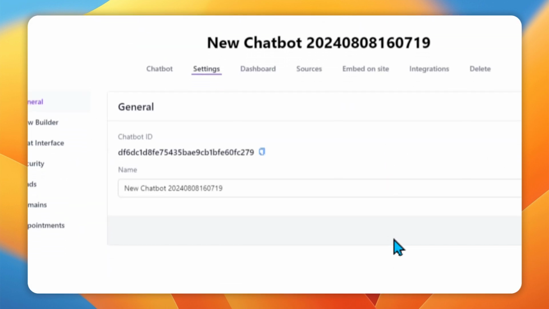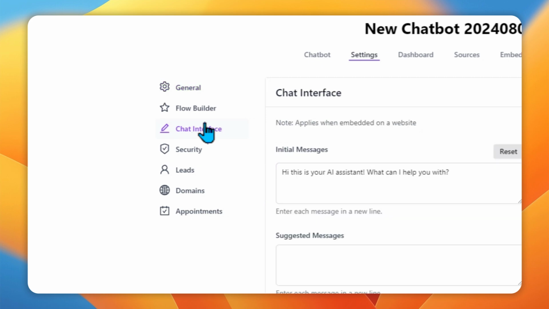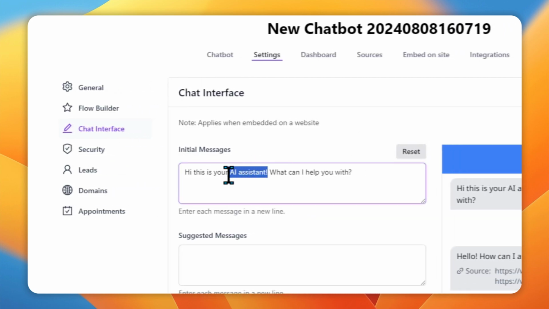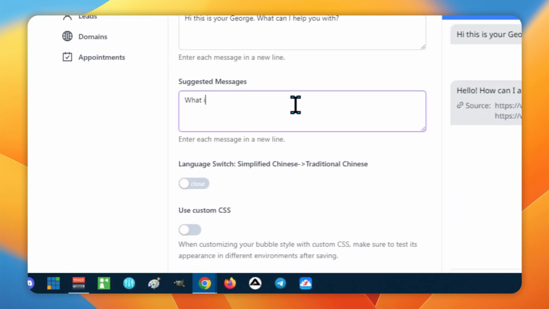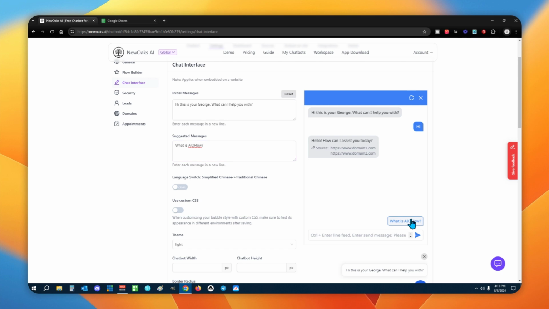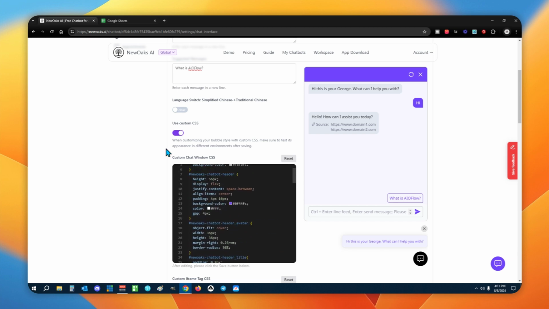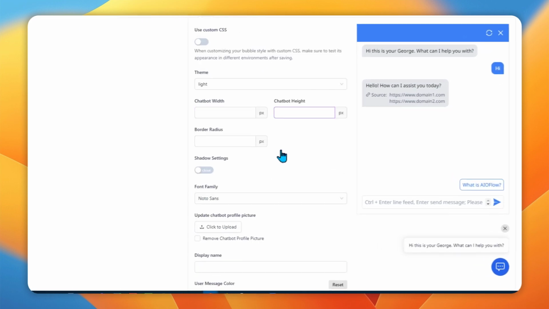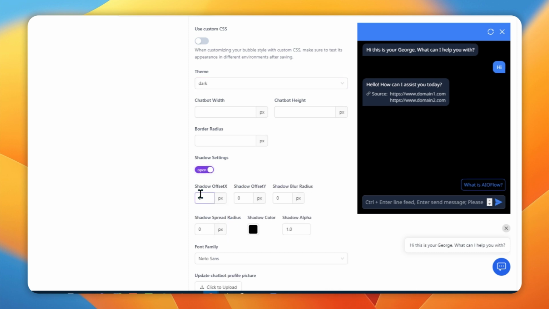From there, we can also change the settings of the bot, which include its name and how the interface looks. You can add pre-prompt messages that show up inside the window that can simply be selected with a mouse. There are switches for language types and the use of custom CSS. If you care to customize your bot in any way, shape, or form, you can do so with code here. Reset it anytime if you make mistakes, or you can simply make minor adjustments by changing the theme of the bot, shadow settings,